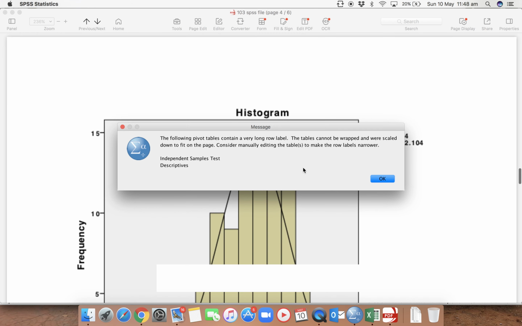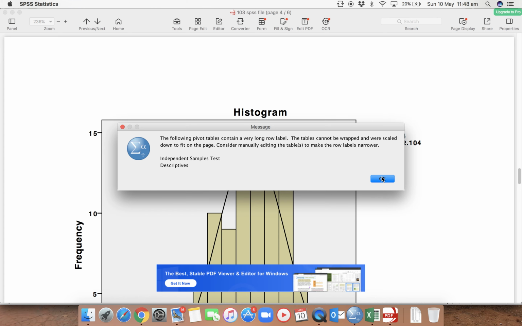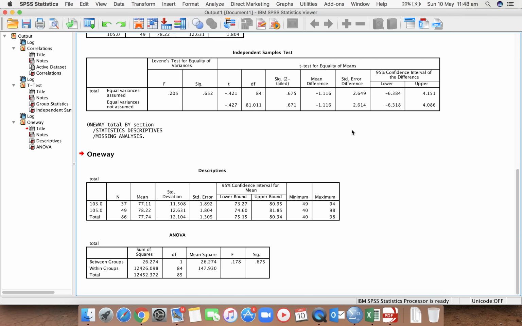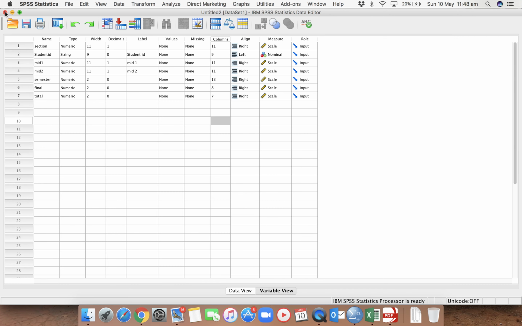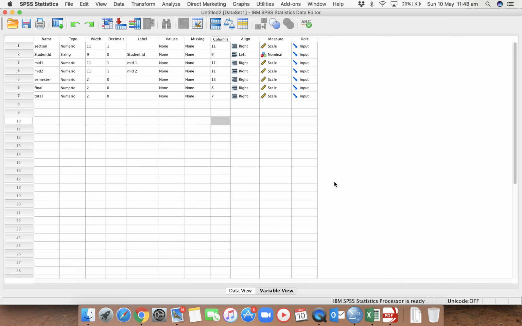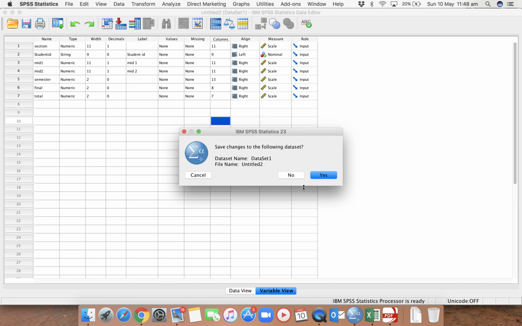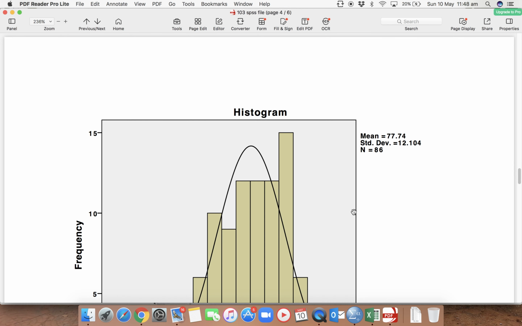Yeah, finished. Okay, let it be. Yeah, this was finished. Now you can close your SPSS program. Do you want to save? No need to save. And do you want to proceed? Yes, I want to proceed, that means close. Do you want to make any changes? No need to change anything. Okay. Yeah. See, this is your PDF file.